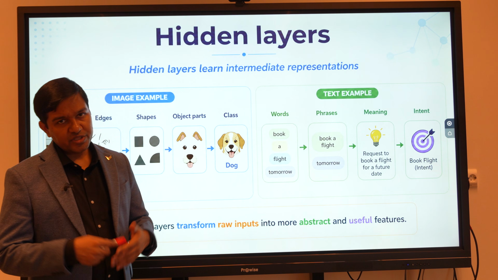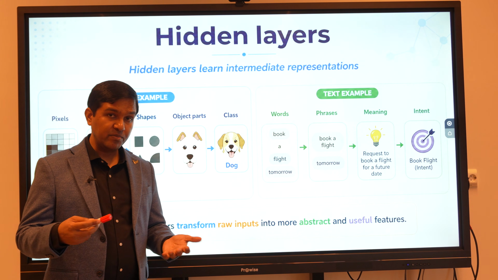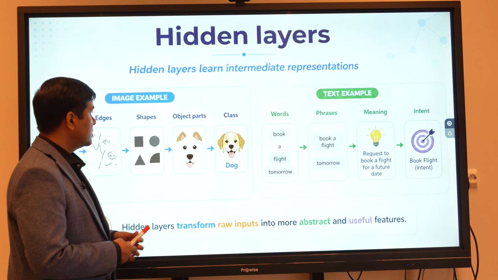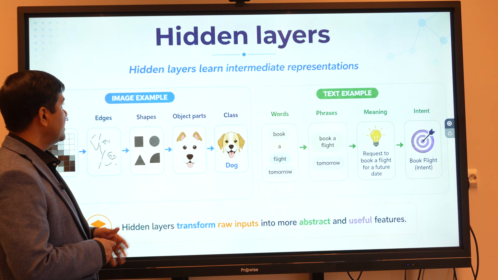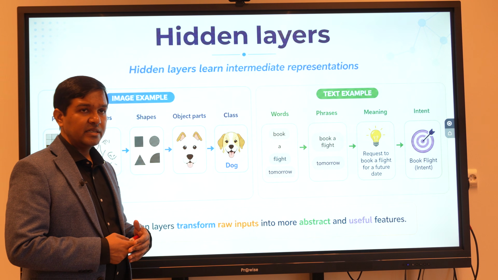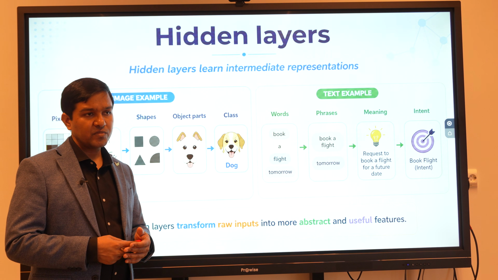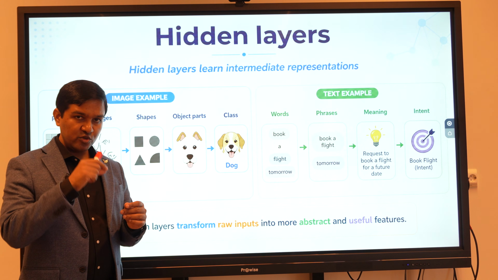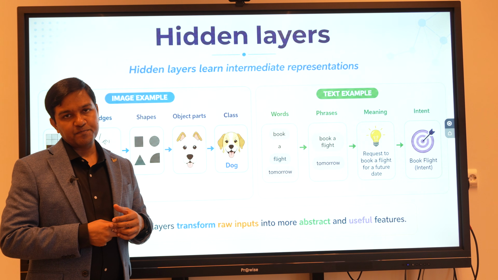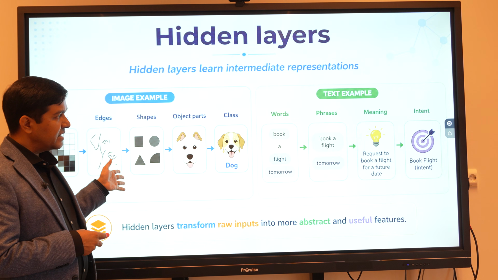Next, we know that in neural networks or deep learning we have hidden layers. So what are hidden layers basically doing there? Hidden layers are learning the hidden representation. Like in classical machine learning in the previous lecture, you saw we were doing handcrafted feature designing. Inside, there are hidden layers.